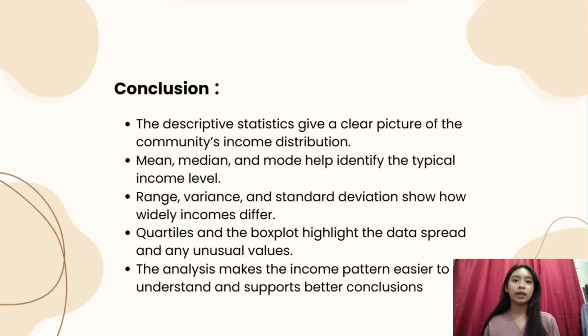So, for the conclusion, the descriptive statistics provide a clear overview of the community's income distribution. Additionally, the mean, median, and mode help determine the typical income level. Furthermore, the range, variance, and standard deviation reveal the extent of income variation within the community. Moreover, the quartile and box plot illustrate the spread of the data and highlight any potential outliers. So, overall, this analysis enhances the understanding of income patterns and